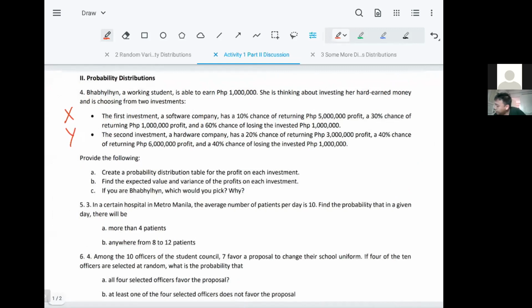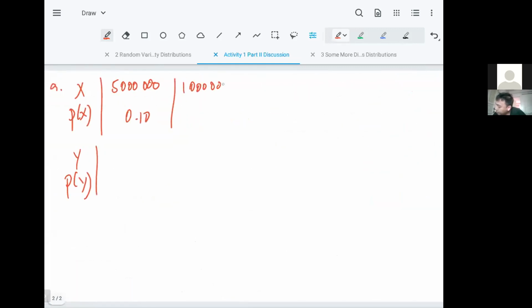The next, 30% chance of 1 million. And then, what about the last one? Is it going to be 0 or negative 1 million? Negative 1 million, di ba? Kasi mawawalan ka. Negative profits. But the value of your money is going to be 0, right? So it depends on whatever you defined. You will still arrive at the correct answer if you define X as, let's say, total value of your money: 6 million, 2 million, 0. But since we define them as profits, it's 5 million, 1 million, negative 1 million, with a probability of